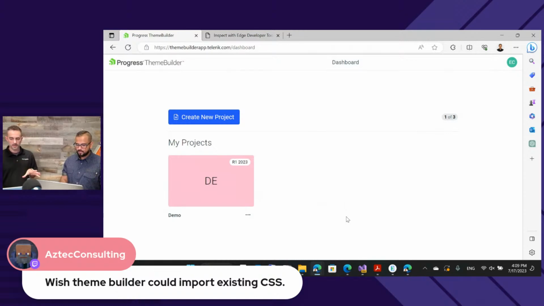Another thing is... Oh, what was that? I was going to show. Oh, you're still on there. Okay, cool. I was going to say, pull me back up so I can show. The other thing that Theme Builder Classic or Legacy, non-supported anymore version, didn't have was projects. Yep.